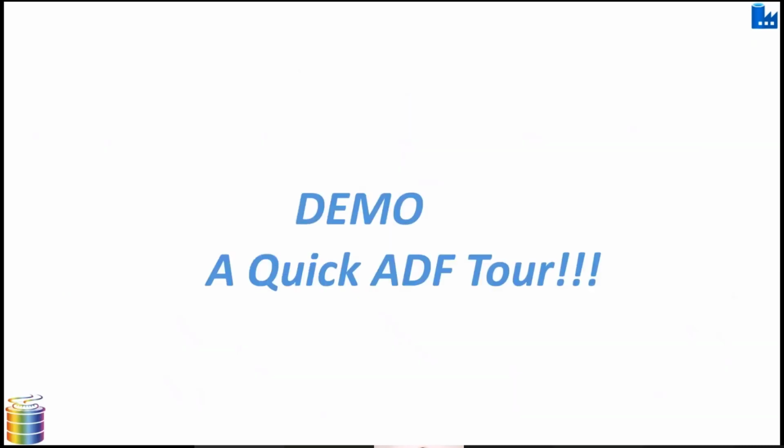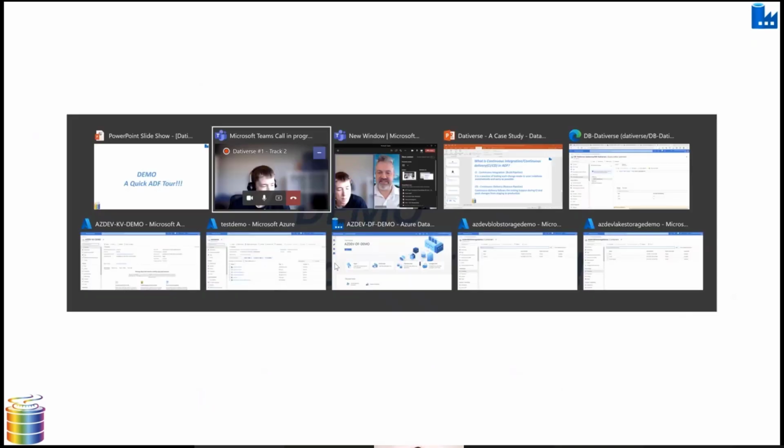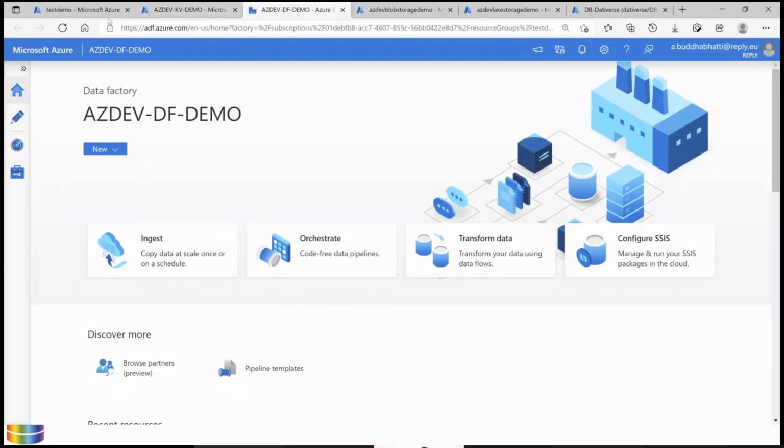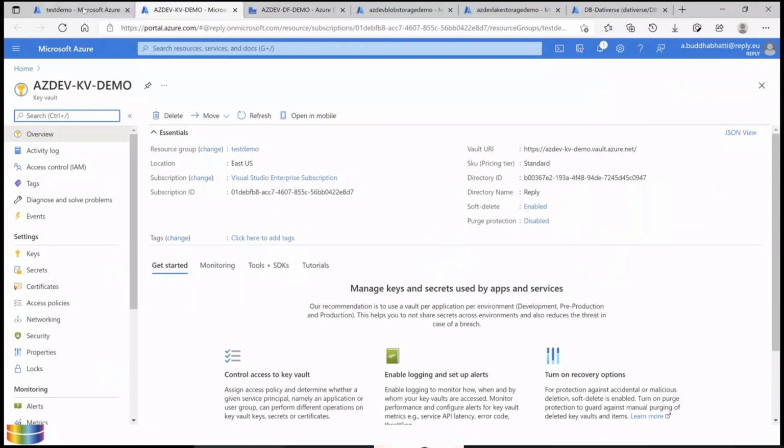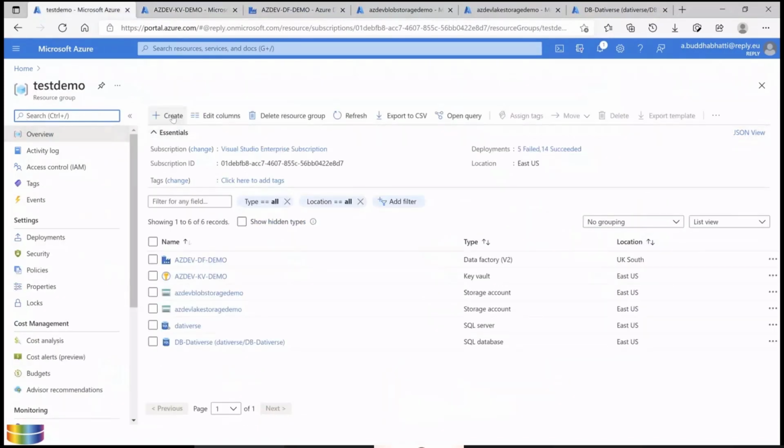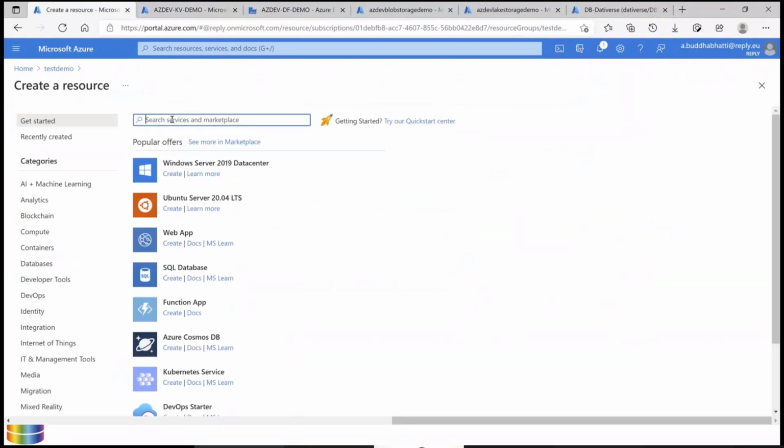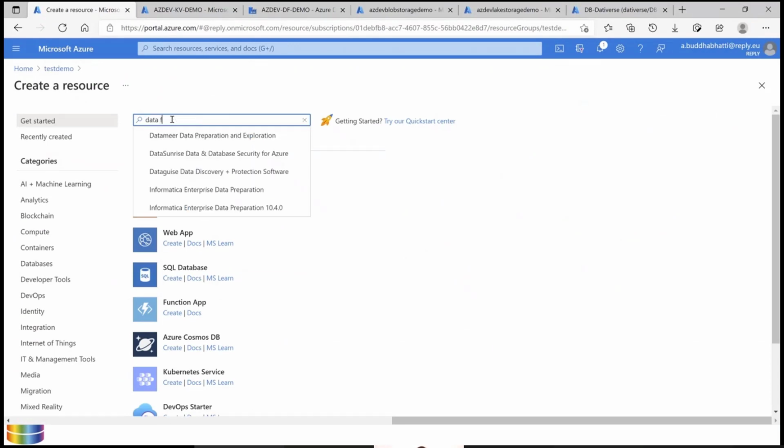So let's move into the next topic, which is a quick demo tour of Azure Data Factory. Let's see how you create your Azure Data Factory. It's very simple. You type here, you go to your resource and you say Data Factory.